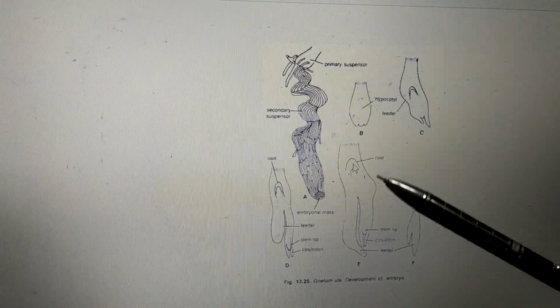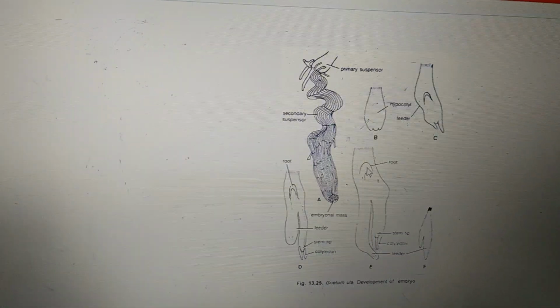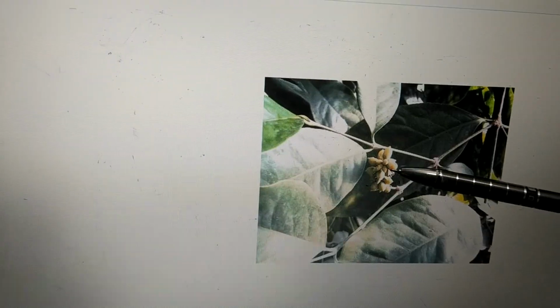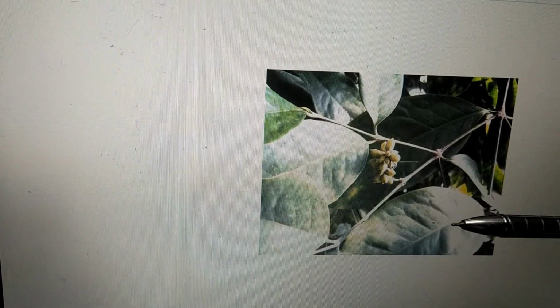Now, the Gnetum seed. It is going to form a seed. Gnetum seeds are oval and green. They are going to turn red when they are mature enough. These seeds have three different layers: outer, inner, and the middle one. Outer and inner are fleshy in nature, whereas the middle is stony. After maturation, these seeds separate from their plants and remain dormant for years.